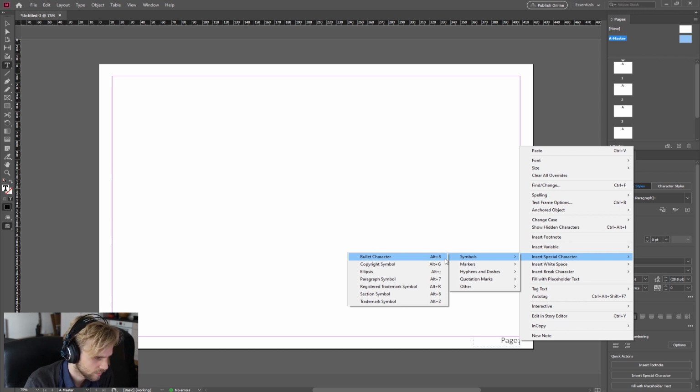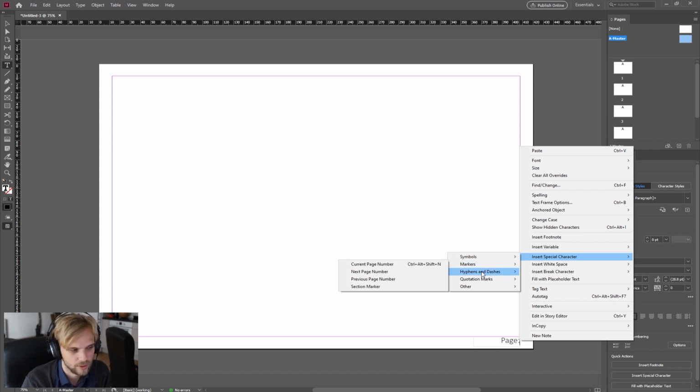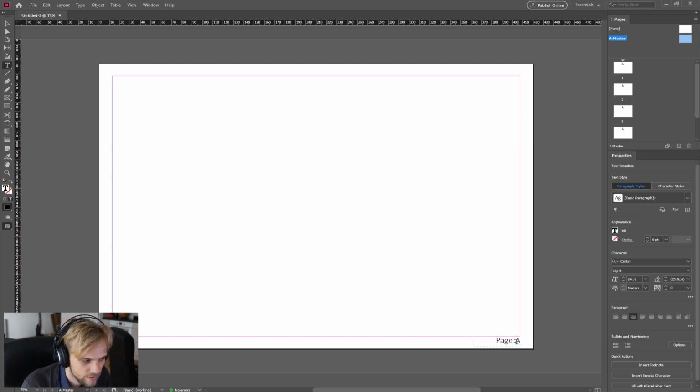It's not a symbol. Insert special character, markers, current page number. There we go. And then it's going to just give you a letter A, but that's fine. The letter A just means that we are in the A master, but